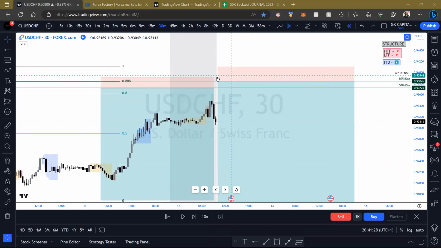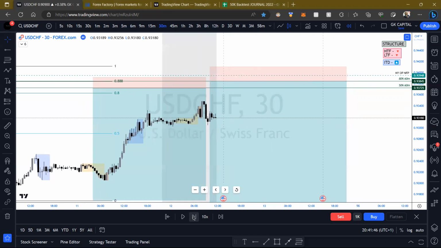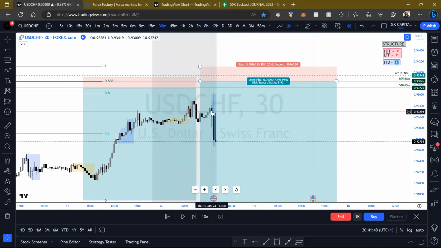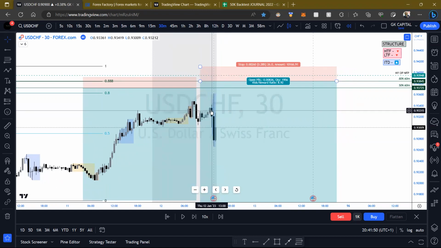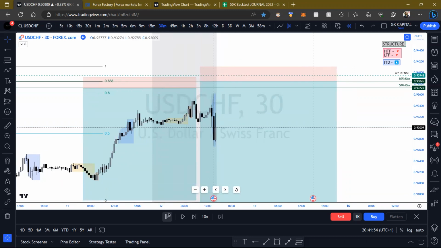And again, if we do get tapped, that's why I've got my limit there. So it's stress free. I'm not really looking to do anything with it. That's just sitting there. My main focus now is to just wait for that break, wait for the retracement, and then off we go. Cool, so let's play it up. We've got 1 o'clock, 1:30 news here, and then we get the break. Come back up.